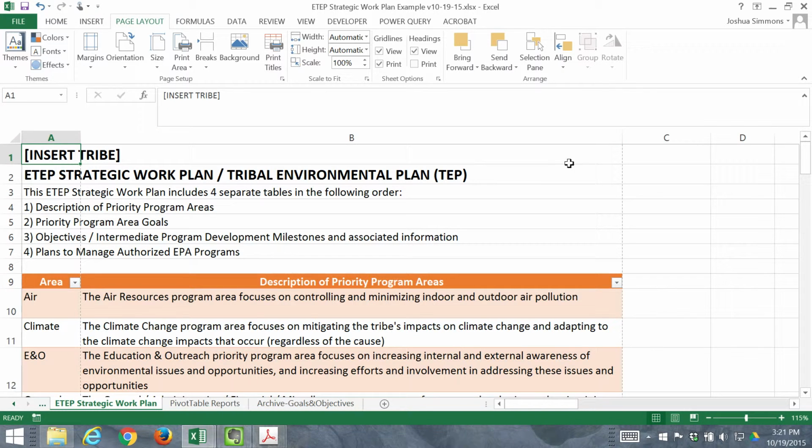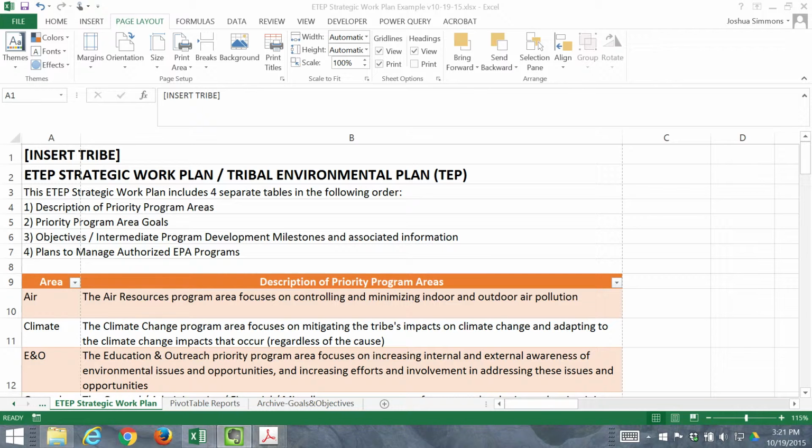An ETEP strategic work plan, or TEP, is a major component of an EPA tribal environmental plan. However, keep in mind that a full ETEP will include other components which can be further explained by your GAP